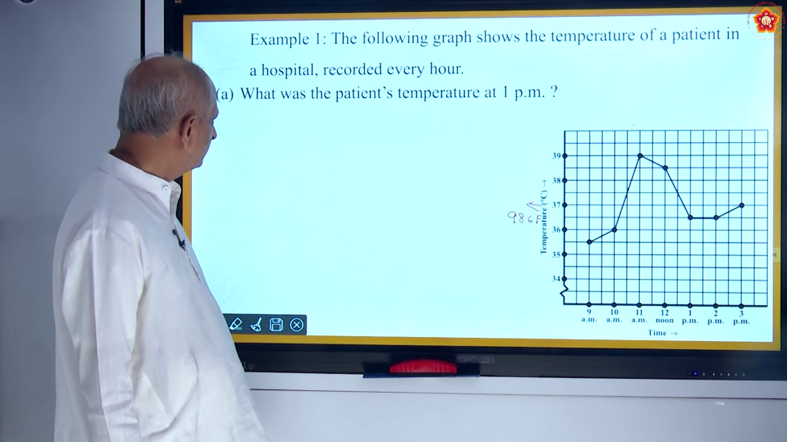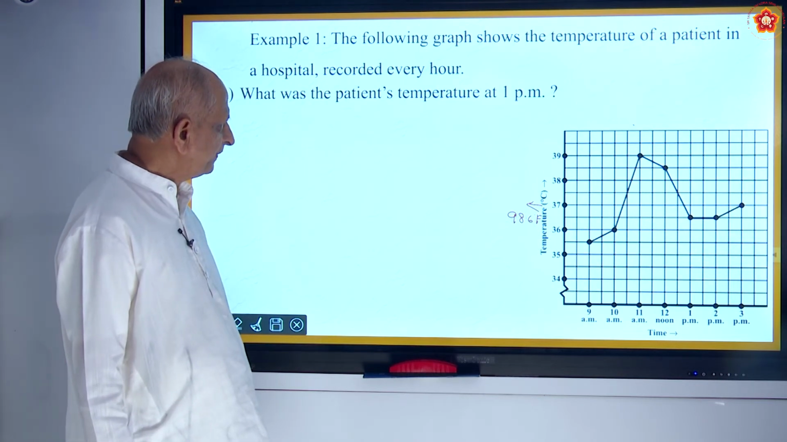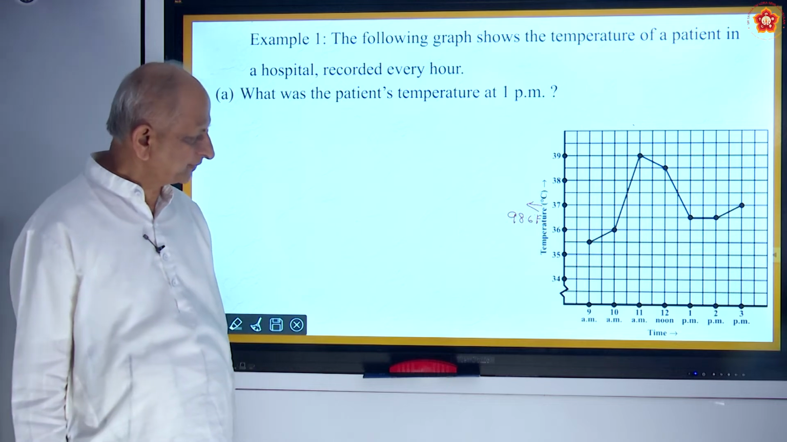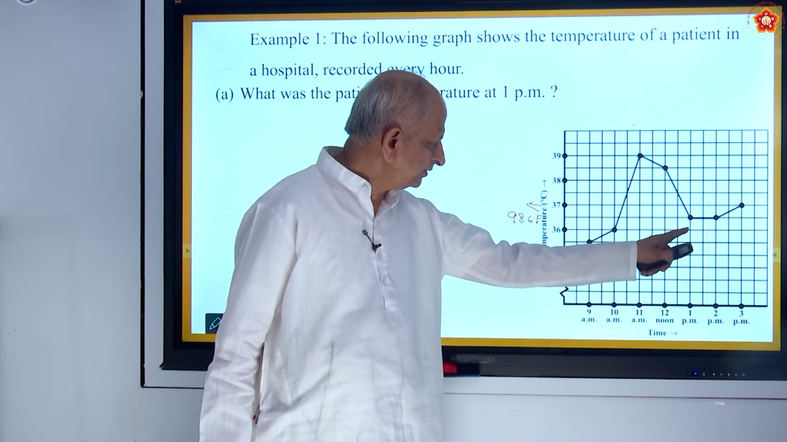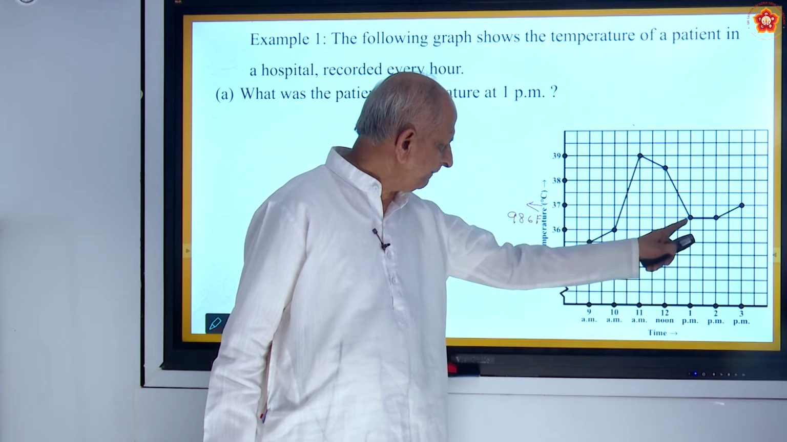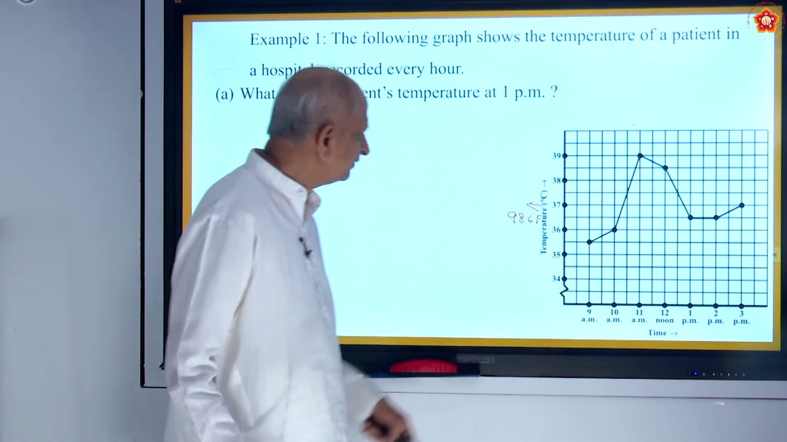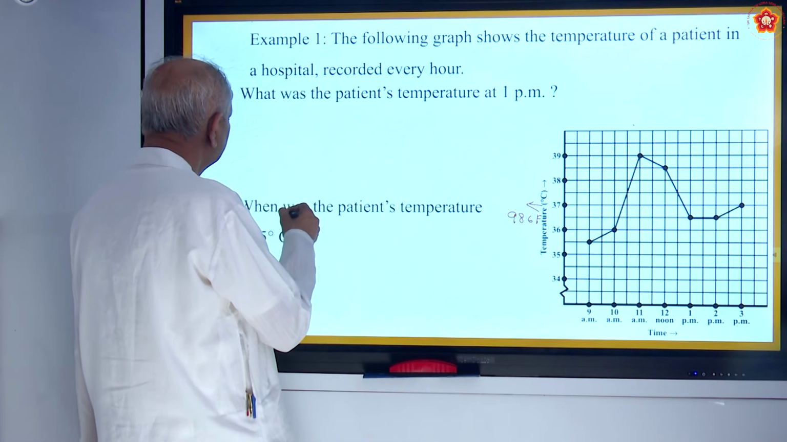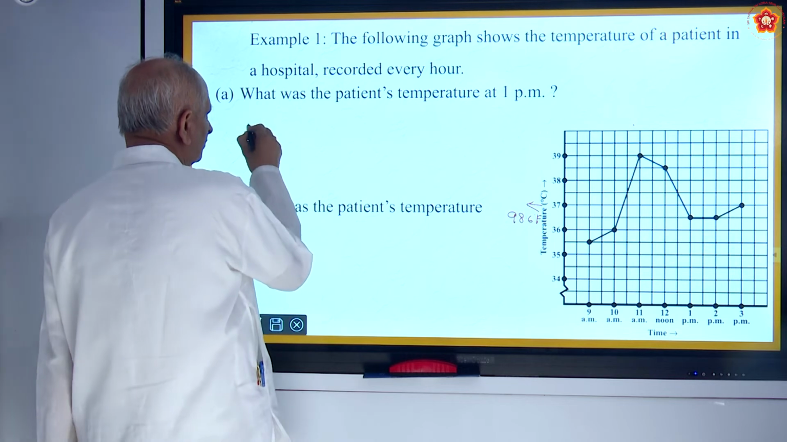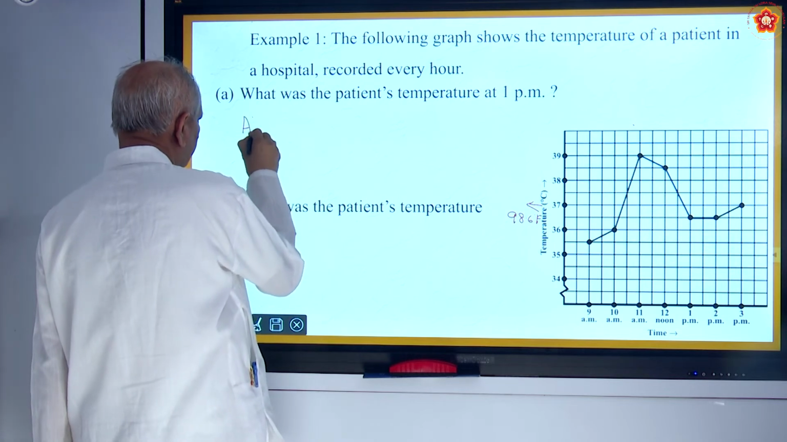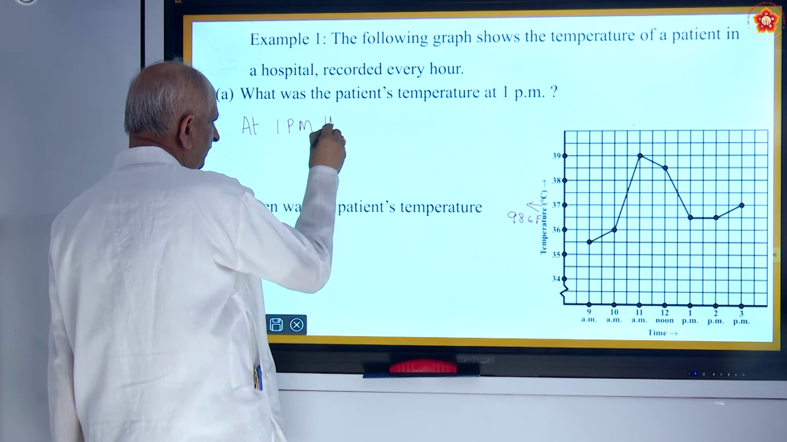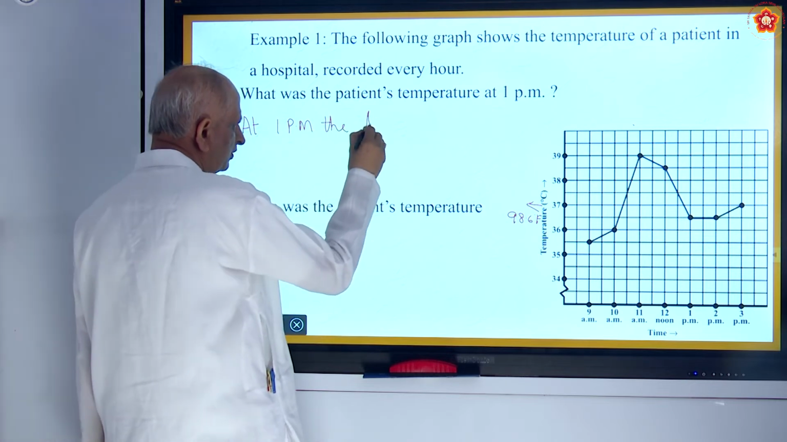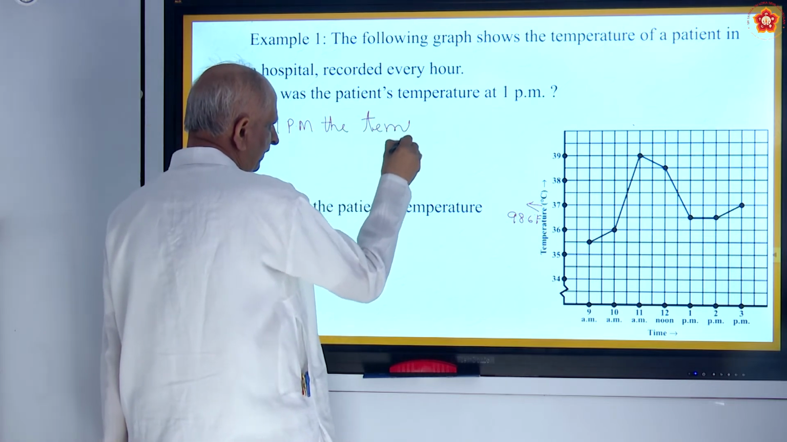Now answer the question. What was the patient's temperature at 1 p.m.? Come on, who will tell? 1 p.m. is here. Temperature is 36.5. So the answer can be, please note down, the temperature